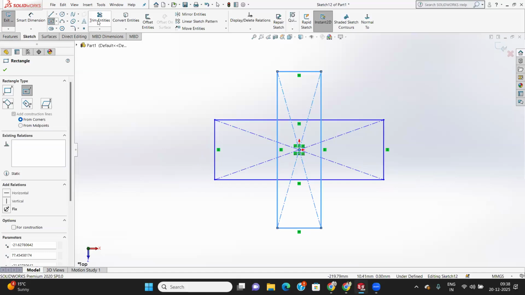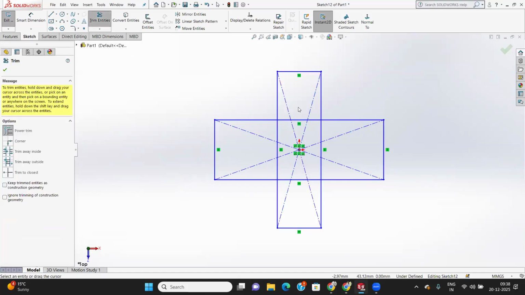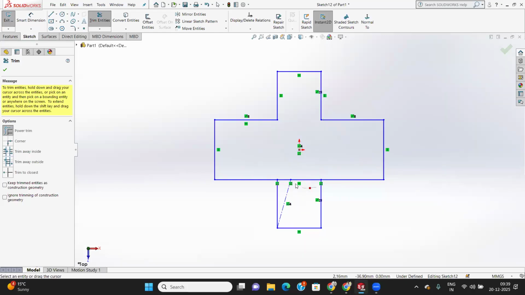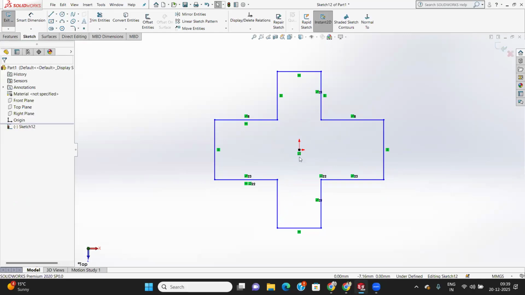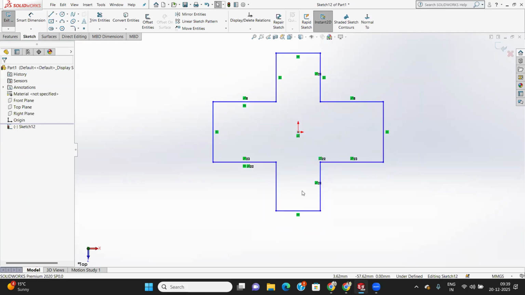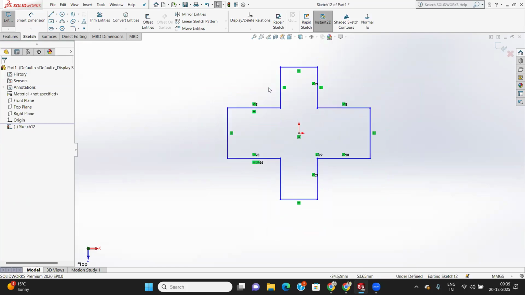And then use trim entities, I just trim it. And then also for these portions, this one, I just make them this one. And then I do the same thing by using the